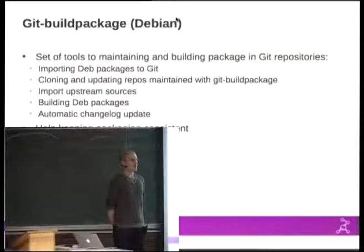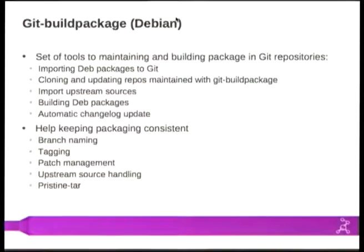Shortly about Git-buildpackage. In the Debian world, I don't know how many of you are familiar with the toolset. Just a quick poll, raise your hand if you know that. Okay, there are some people, so that's good. I'm not that familiar with the toolset myself because I mainly worked on the RPM side, but anyway, Git-buildpackage is a set of tools for maintaining and building Debian packages in Git repositories. It has multiple separate command line tools